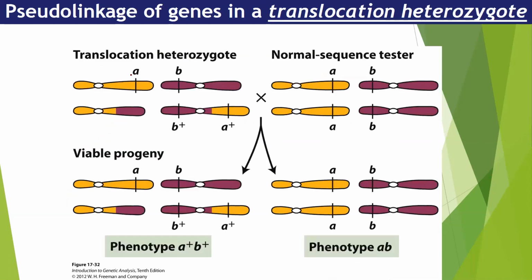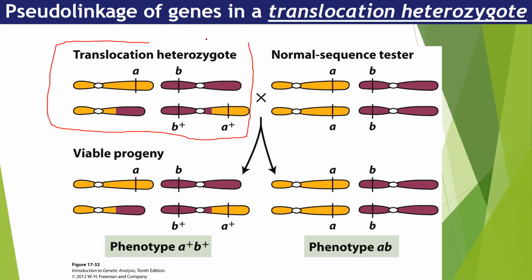So again, translocation. If, for example, in an individual there's a translocation occurring, what would be the consequence? How would the translocation event affect the inheritance pattern? This is what we want to learn. Okay, so this is a translocation